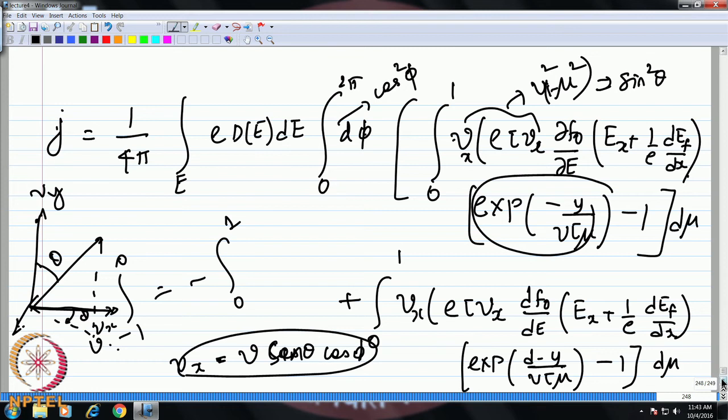Okay. And again when we are talking about transport Vx here, that is nothing but V sin theta cos phi. So, therefore, we have V square sin square theta cos square phi, and sin square theta we can write as 1 minus mu square, and cos square phi we have as integral 0 to 2 pi cos square phi d phi. So, just to give you, this integral 0 to 2 pi cos square phi d phi will be equal to pi. Okay. You can evaluate and check this. And finally,